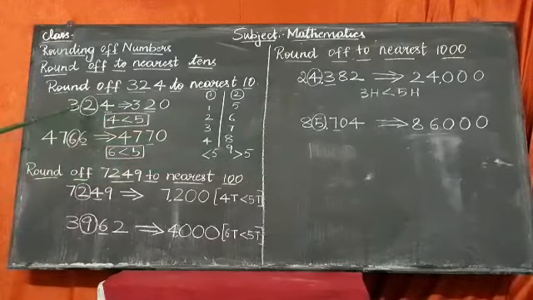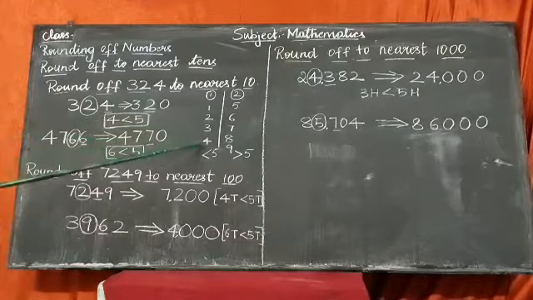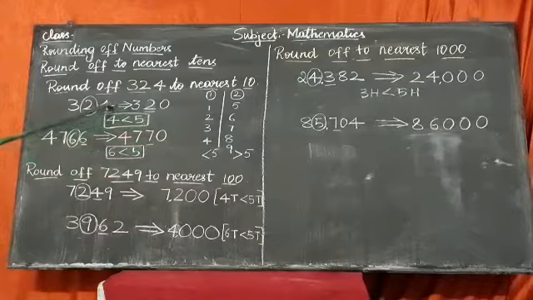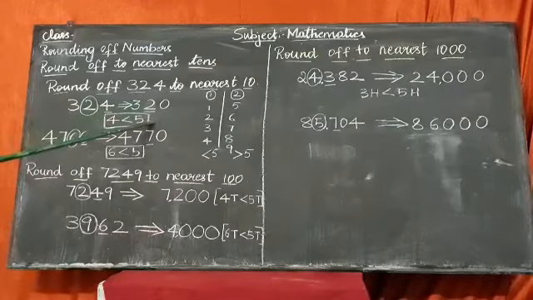The digit which you should round off will increase by 1. So now here the number is 324. I am just comparing the digit here, 4. 4 is lesser than 5, so it remains the same. Ones place becomes 0. Tens place remains the same, 3. So we got the number 320.